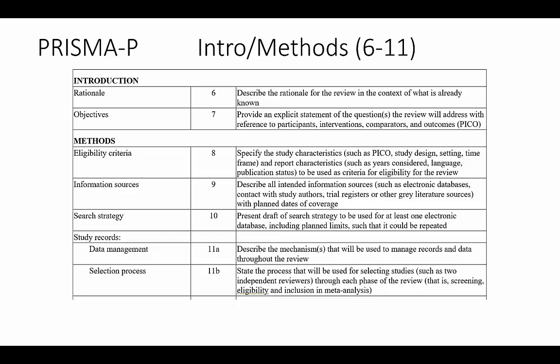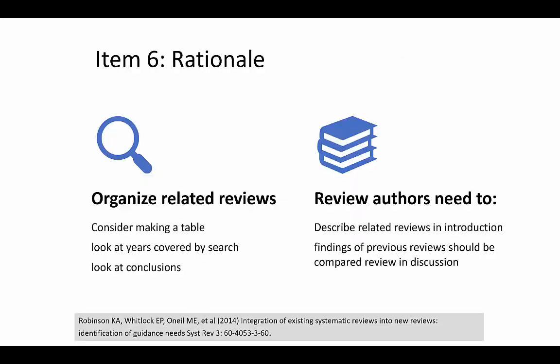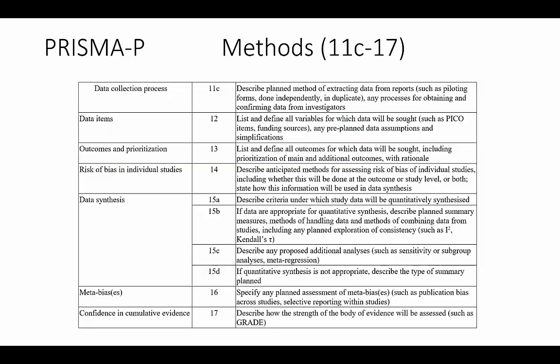Then you see 11B, they're starting to talk about selecting studies and that screening part of it. And so here, that rationale, I was just getting back to, that's what we talked about in the beginning. They could have a table for that. They could show where their review is going to be different. And then this is the last part of Prisma P, and this is where you see, okay, what is that